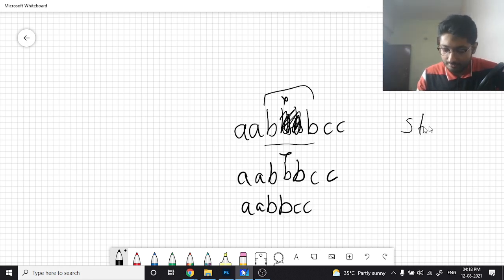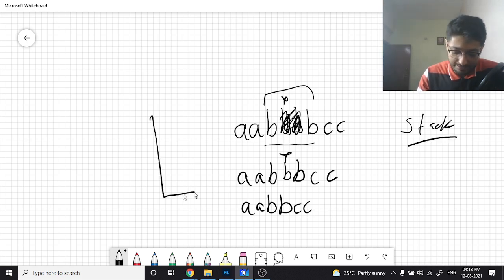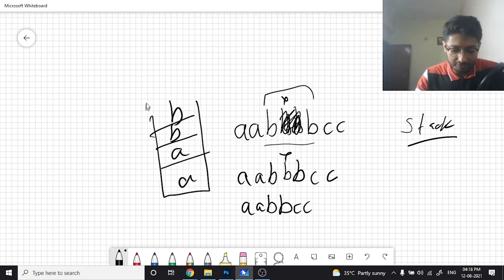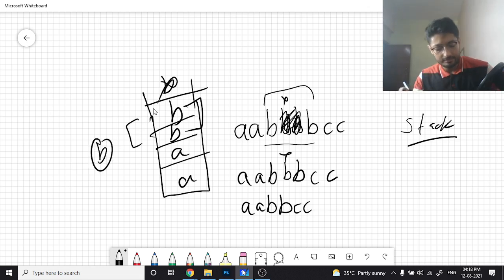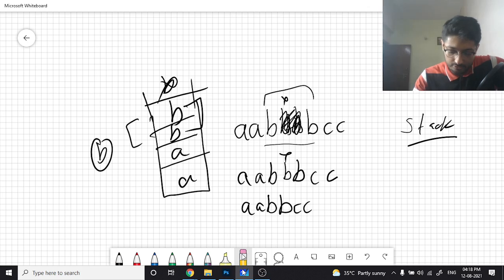You always try to use a stack because a stack has the same property. You have some string which is like maybe A, and then there is some B, there's again some B, and whenever you try to insert another B, you'll check what the last two characters are. If the top two characters of the stack are also B, then don't insert this. I'm not inserting this now because if I insert it, it will form three consecutive B's. So instead I will keep these two B's. Now again there's a B here, so I will not insert it.